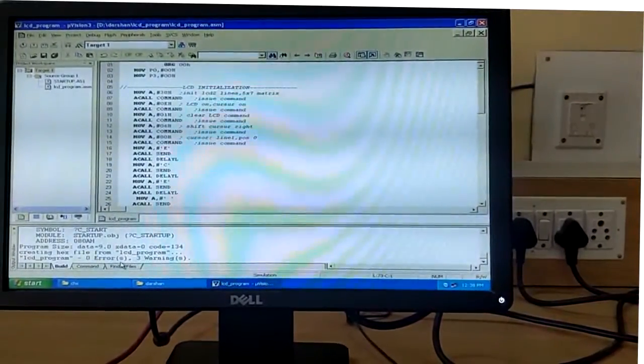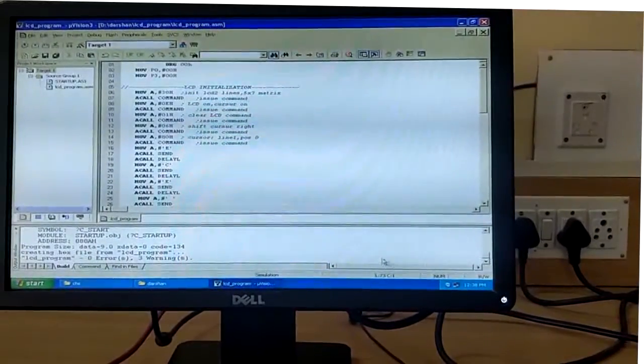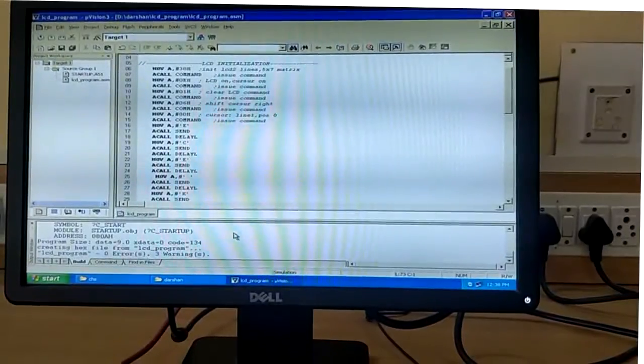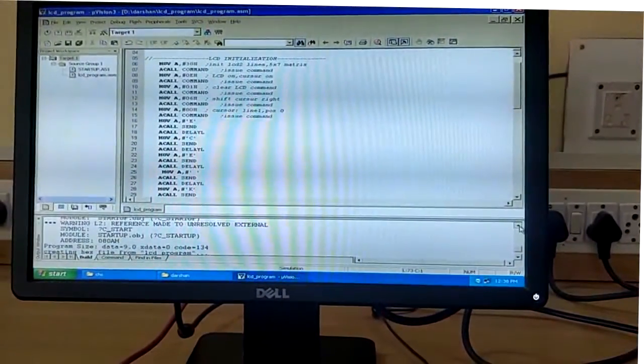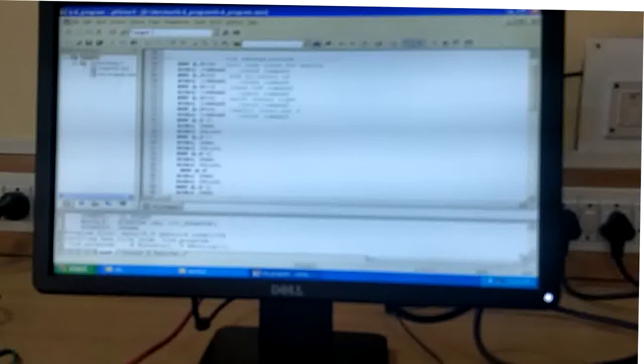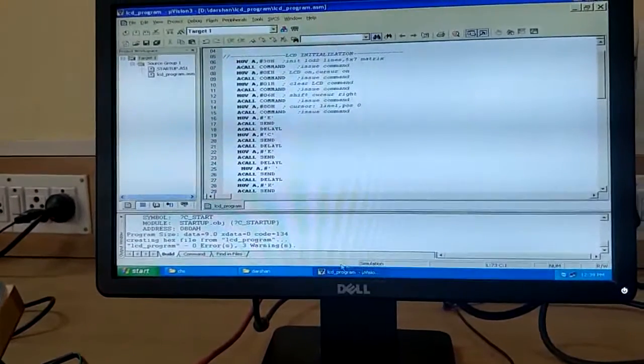So here 0 errors, and after that see here, this is the hex file.